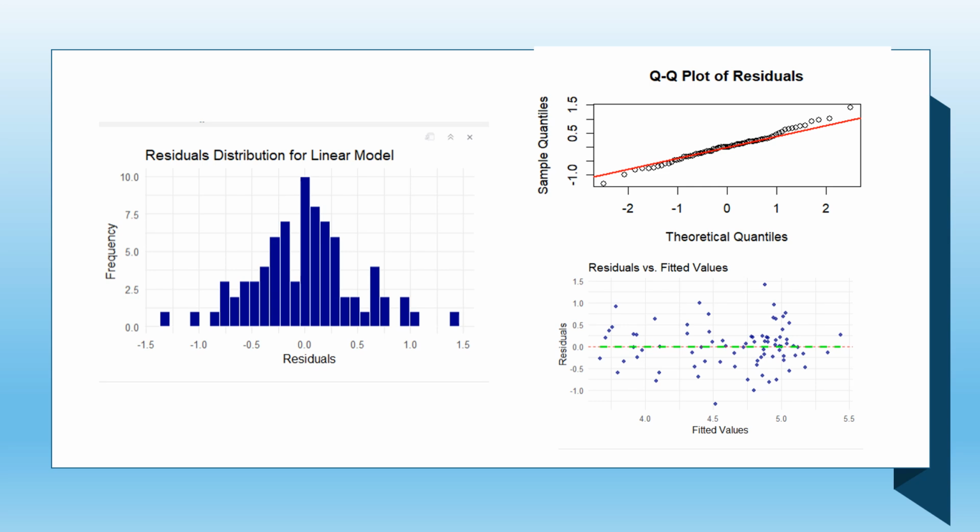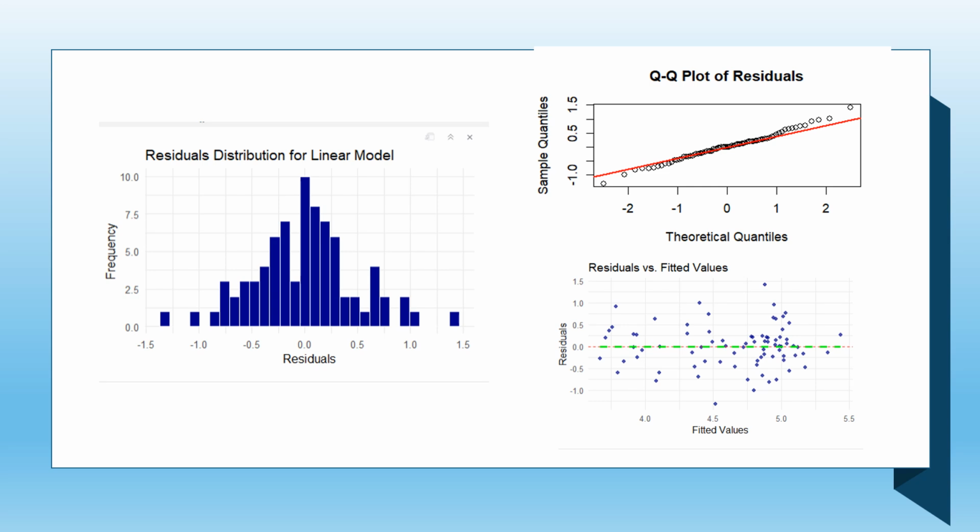Here I'm showing some of the diagnostic plots for the model. On the left, we got the residual distribution, which is actually pretty damn near normal. I was surprised to see it so nice and neat. The QQ plot has some slight deviations, especially around the one quantile on the theoretical quantile, where it starts to deviate a little bit from our QQ line, but not anything too drastic.